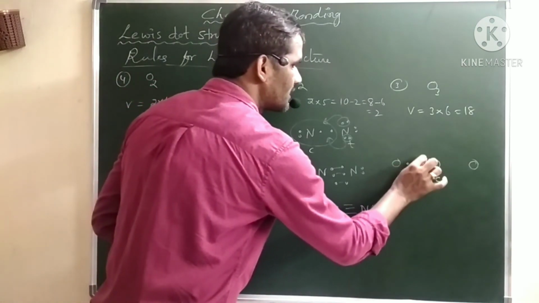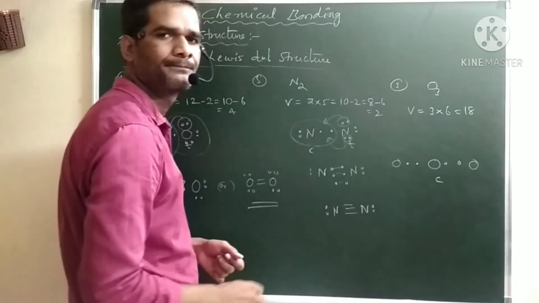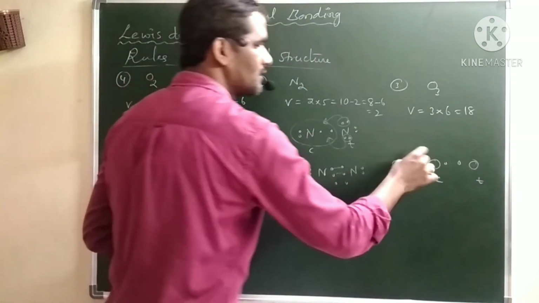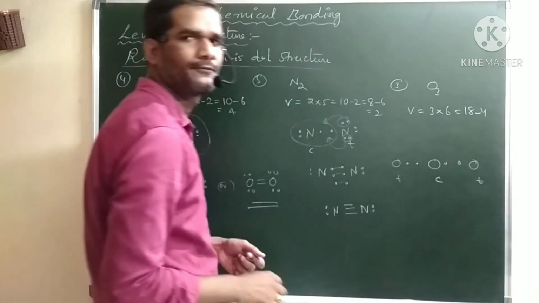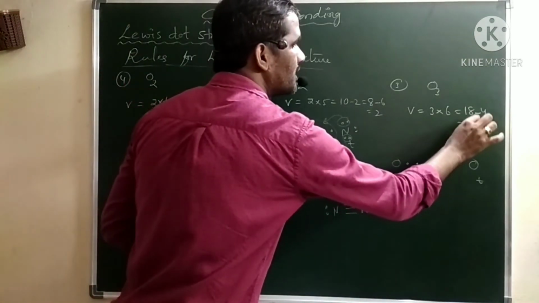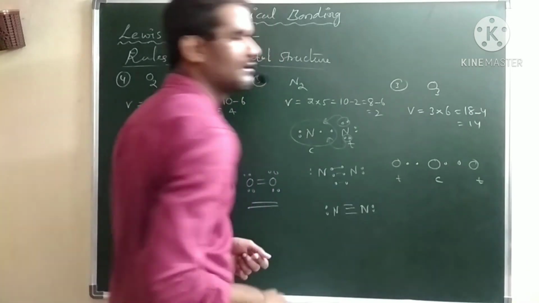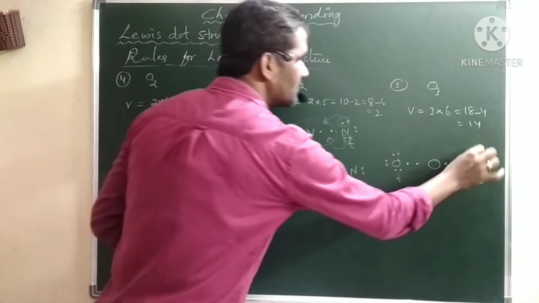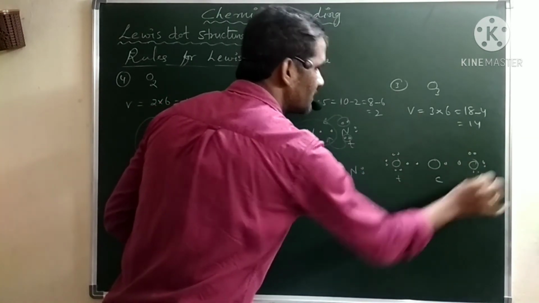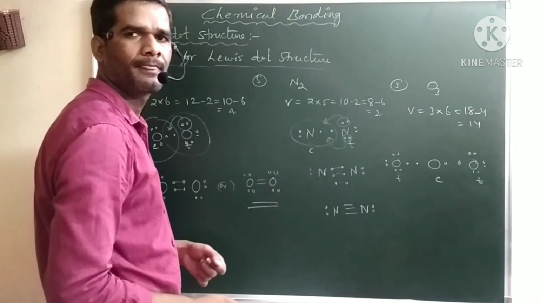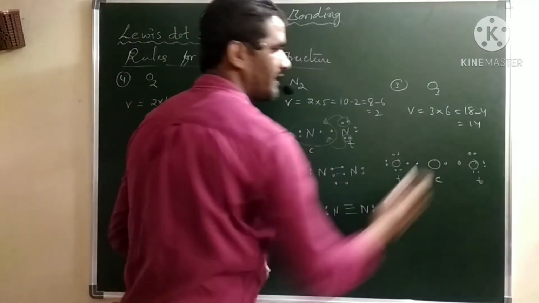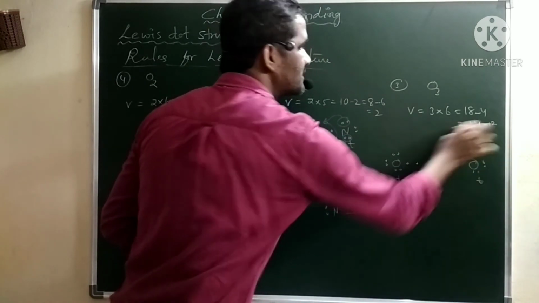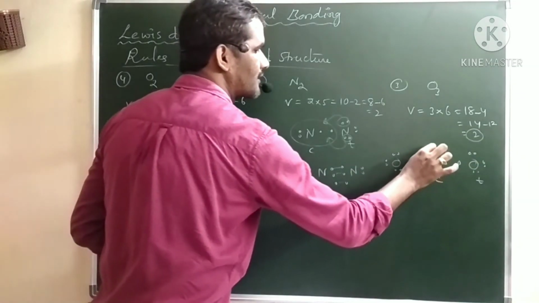Then share 1 electron, 2 electrons here, and this is a terminal oxygen and this is a terminal oxygen. So 4 electrons we have used initially from the 18 valency. Then how many remain? 14 electrons remain. Now complete the octet for the terminal atoms by sharing the valency electrons. Now this terminal satisfied the octet. So out of 14 we have utilized 12, 2 more remain, and these 2 we have to keep on the central atom.